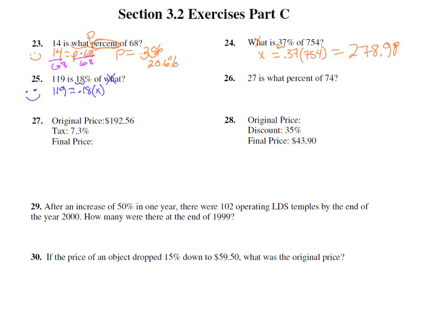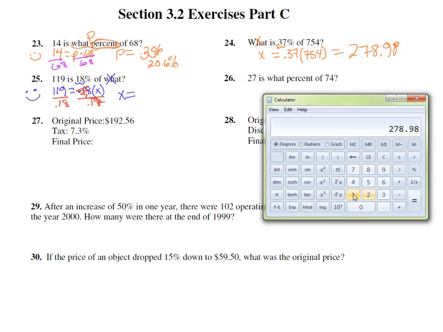We know how to do this. Divide by 0.18, divide by 0.18 will allow us to solve for X. So it cancels over on this side, and on the other side, we just punch that into the calculator. So this should be X equals, calculator please, 119 divided by 0.18 equals